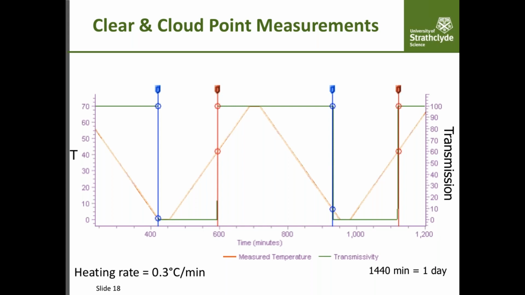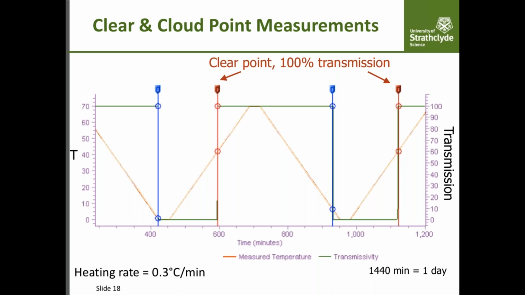Then we have a suspension which we can gradually heat up and see where the crystals disappear to determine our clear point. The clear point is indicated by the red indicator, so it's around 600 minutes. We see that the transmission of light becomes 100%,